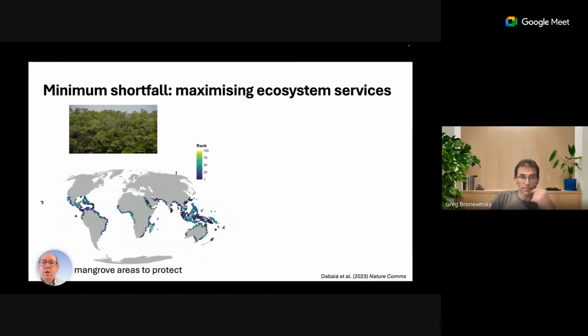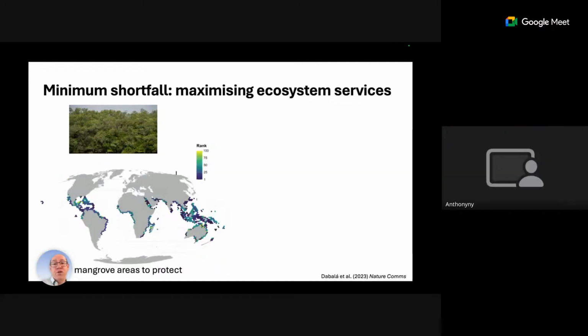Got it. Thank you. Okay, and I want to show you another example, which is mangroves, more coastal. So this is on maximizing ecosystem services. We use the minimum shortfall objective. We want to try and meet our biodiversity targets as much as possible, but we also want to maximize ecosystem services,